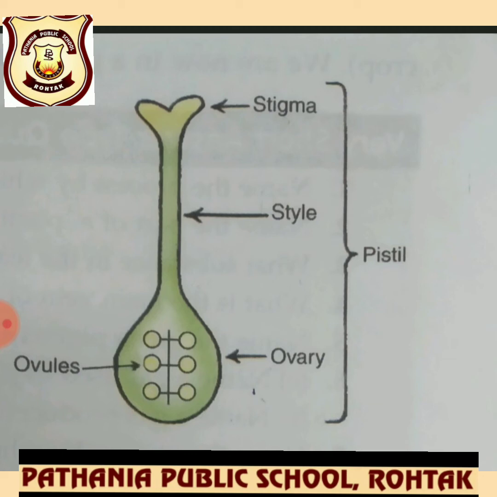In the center of the flower, as you have seen earlier, there is a flag-shaped organ. This is called the female part and it is also called the carpel. The pistil is the female part of the flower and it is made up of three parts: stigma, style and ovary. The top part of the pistil is called the stigma. The stigma is very sticky so that the pollen can stick to it.